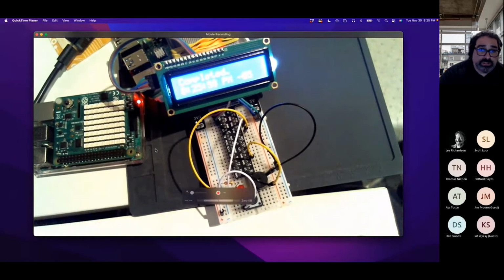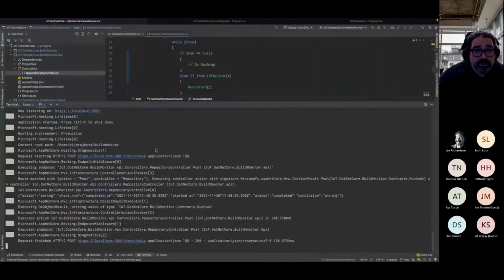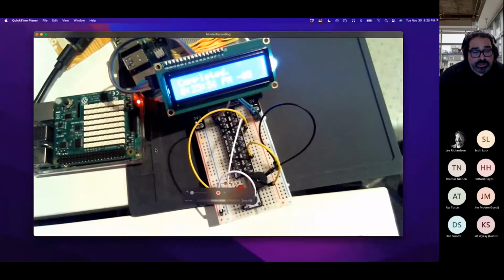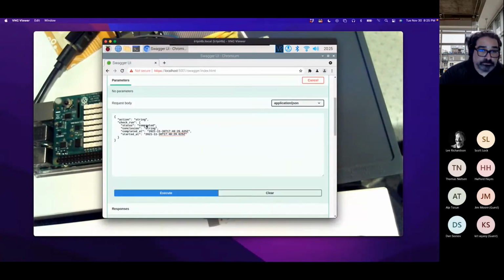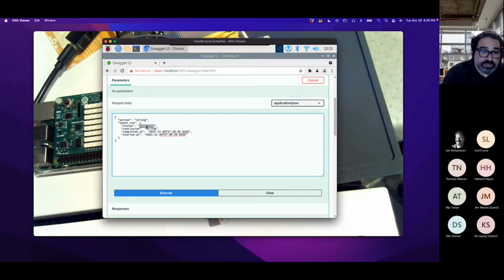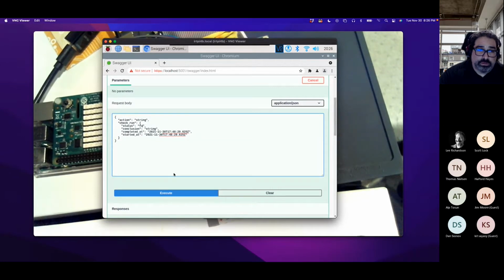Now, we did say that there were other scenarios. So if I, for example, in this scenario, go ahead and say failed, I believe that will trigger failure.